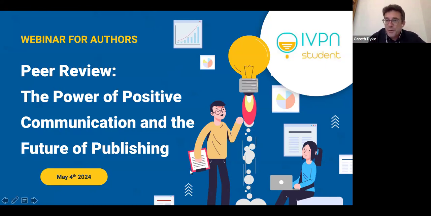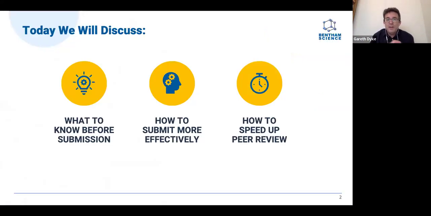So in our first trainings, we've talked about writing manuscripts. We've talked about selecting journals, good journals to publish your papers in, and we've talked about how to write. So we've talked our way through the academic publishing process. In our session today, we're going to be talking about peer review. We're going to be talking about managing the peer review process, and we're going to be talking about the power of positive communication and how that can feed in to a really positive publishing experience for all of us, because we're all aiming at the end of the day to get our papers published in leading international journals.